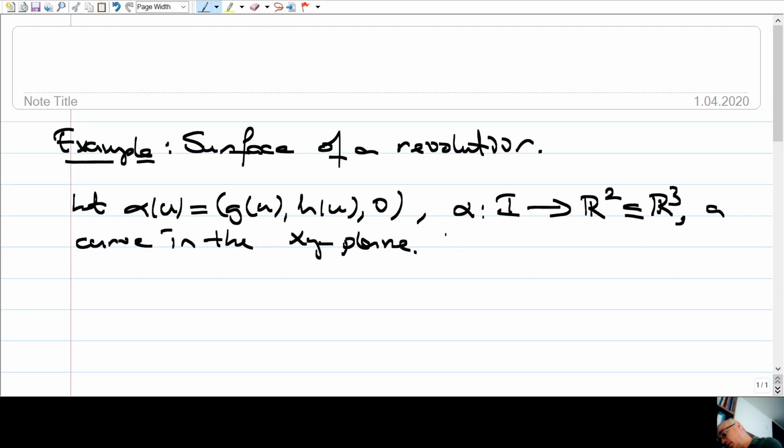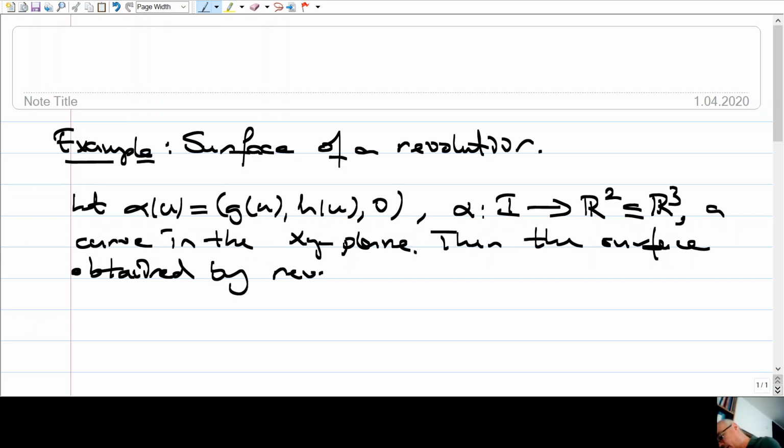Then the surface obtained by revolving alpha about the x-axis